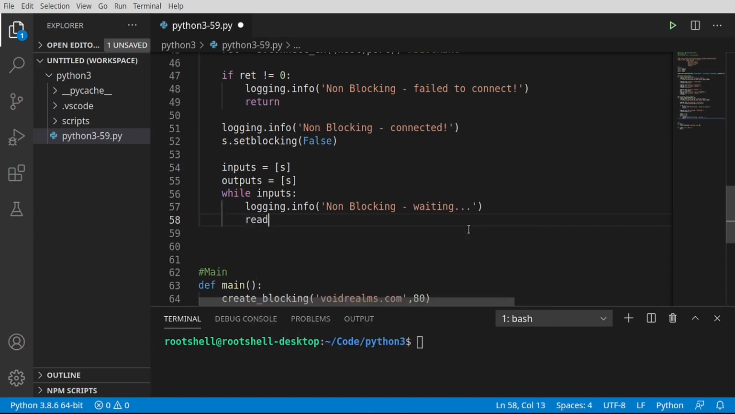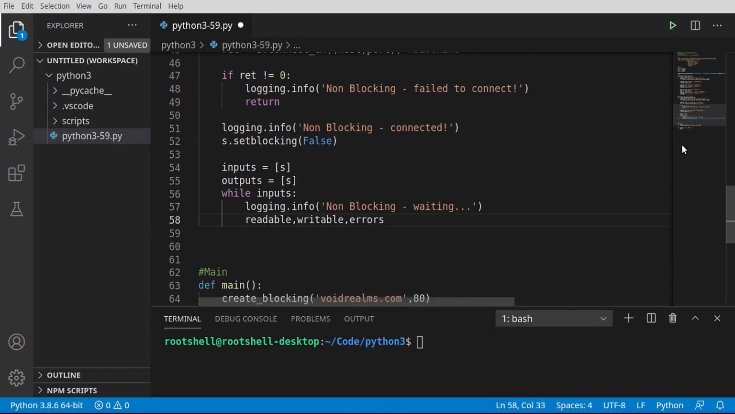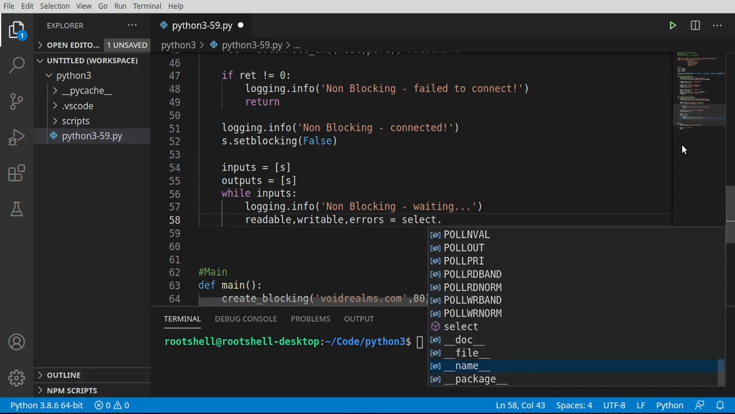So we want a readable, a writable. Is that even a word? That's not a word. There we go. And I'm actually just going to call this errors. I was going to write exceptional, but we'll be here all day watching me fumble around on the keyboard. Then I'm going to say select.select,